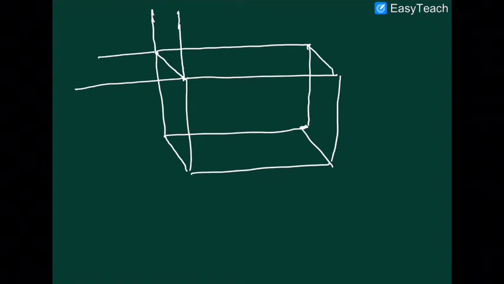Okay, this yellow line represents the edge of that first cube. Now look at that. There is one atom on this face, one atom on this face, one atom on this face, one atom on this face, and there are two corner atoms here, 1, 2.